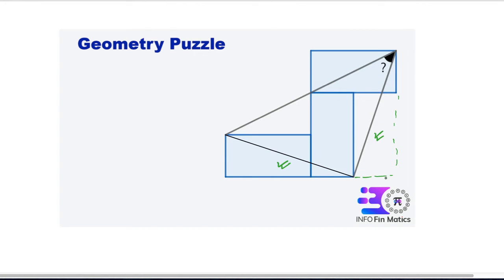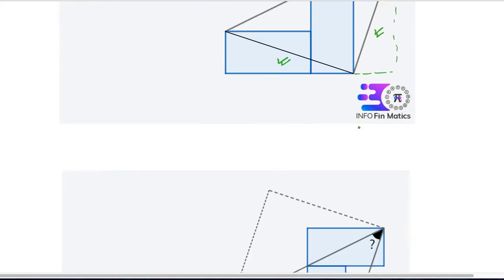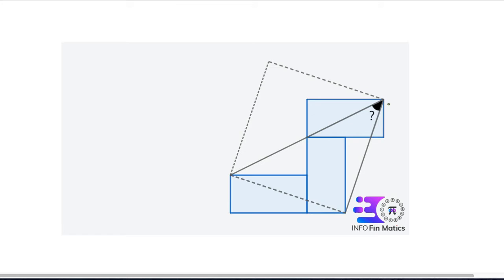Now if you consider this to be 1 unit, this is a rectangle plus the side of one rectangle. This is again a rectangle and the side of one rectangle and 1 unit. So basically the lengths of these two sides are the same. Now if we consider a square of the same side length, this line becomes the diagonal, and we know the diagonal divides the square into two congruent triangles, and the value of each angle is 45 degrees over here. So this is one of the ways by which we can look at this solution, that's 45 degrees.